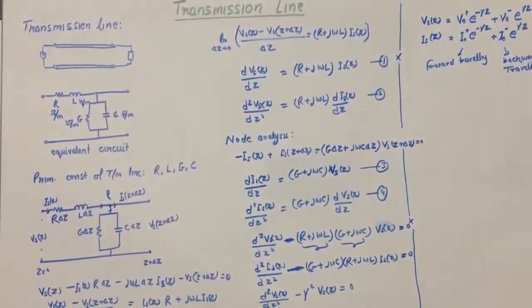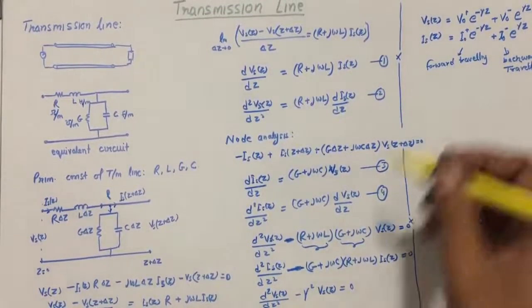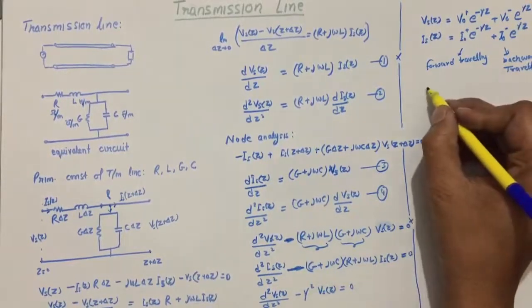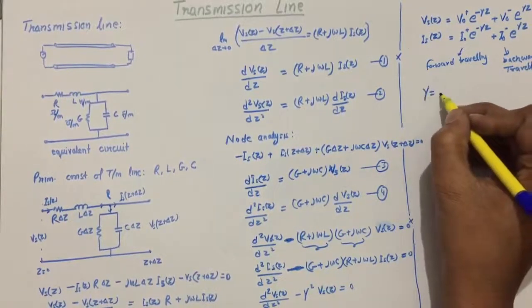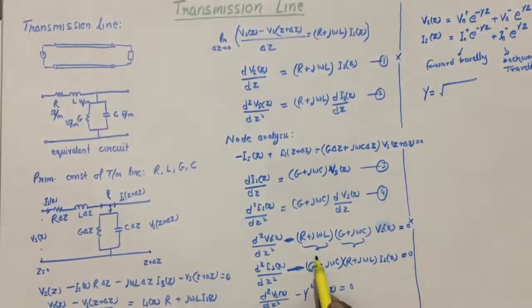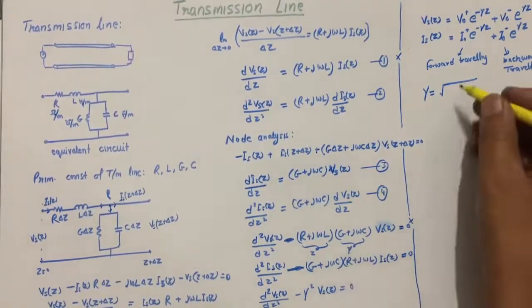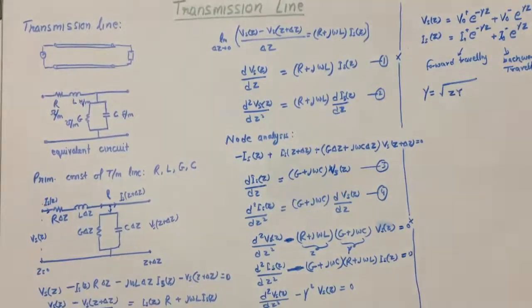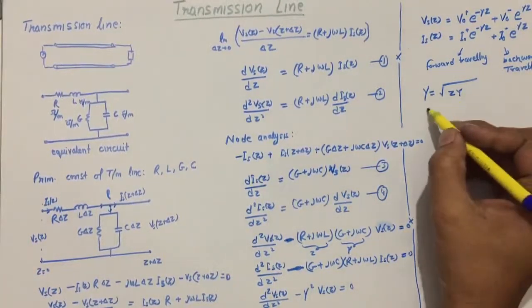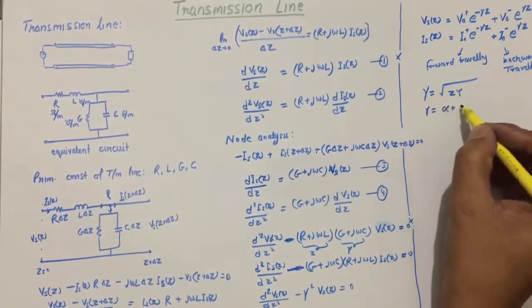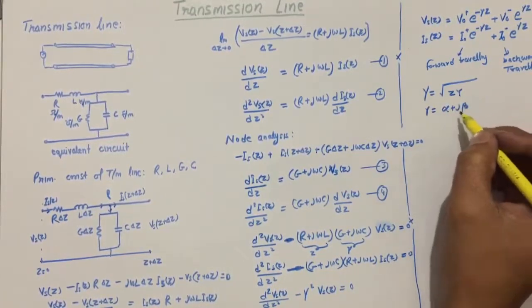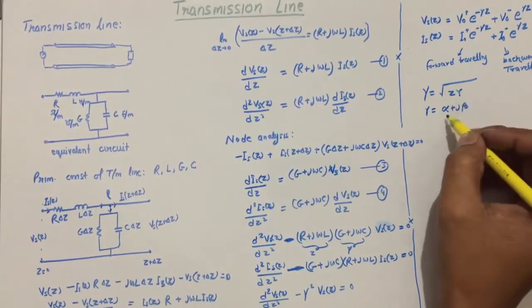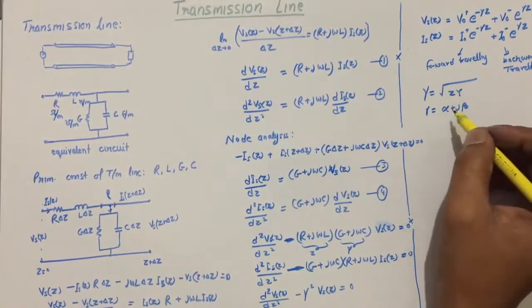Okay. Now from here we can find gamma. If it is considered as impedance Z, and it is considered as admittance Y, then we can say gamma is equal to the square root of Z times Y. And in the wave equation we have studied, gamma is equal to attenuation constant plus j phase constant. So if we solve this, then we will find the alpha and phase constant in the case of transmission